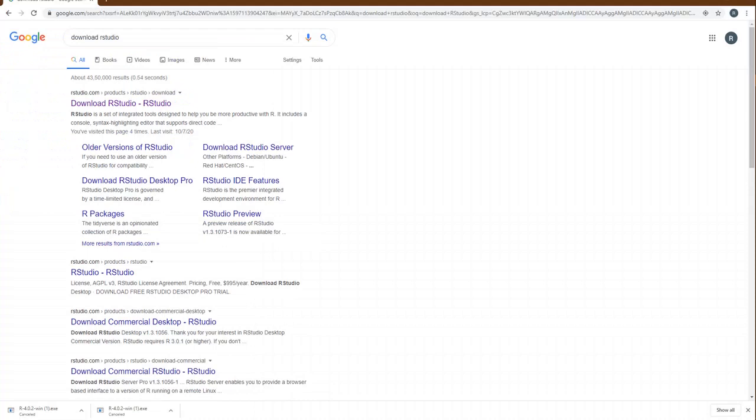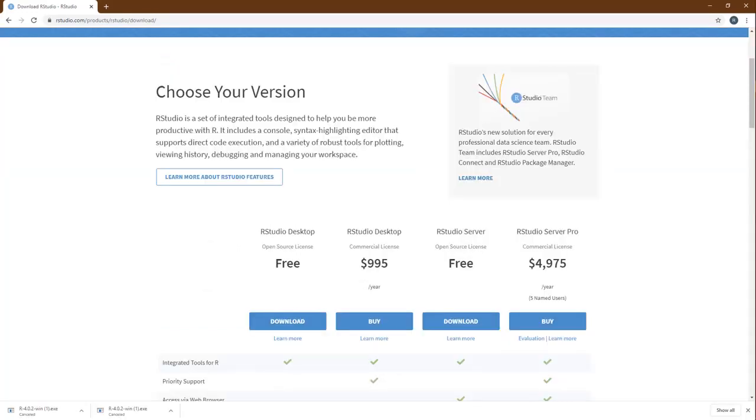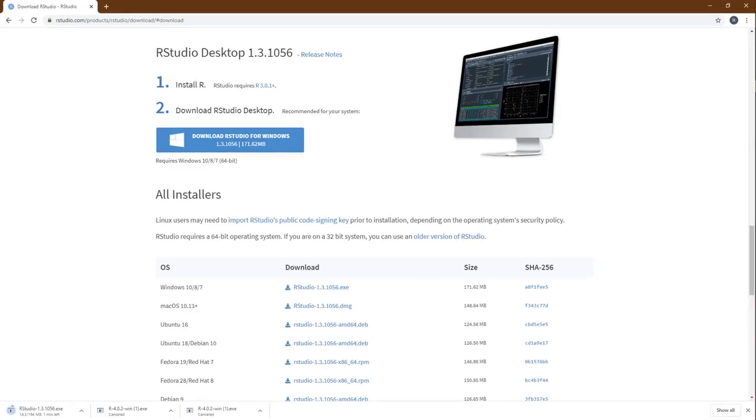A search in the browser for download RStudio brings up the rstudio.com download page. Once you select it, you are led to the products page. We need to scroll down and select RStudio Desktop free version. This takes us to the actual download link highlighted in a blue box. It is important to note that we need to install R to make use of RStudio. So we can download RStudio using this link first. The download will commence immediately, after which the installation may be done accepting the defaults.